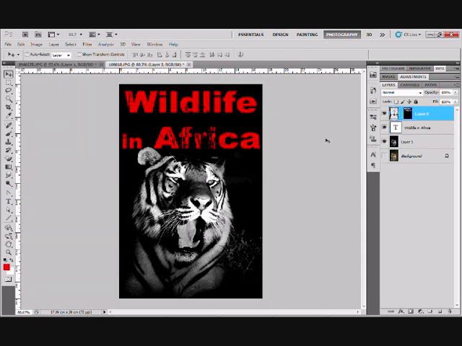And when we do that, we will see our image has come into our text only, and we can click on it and we can drag it, and you see the whole image is there. And we will move this something like that. And you can see the effect we get in our text, but now it only covers that part of the text. So what we're going to do is just simply Control J, copy up that layer,